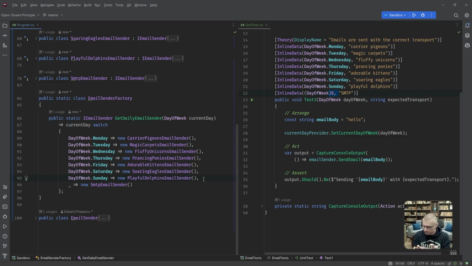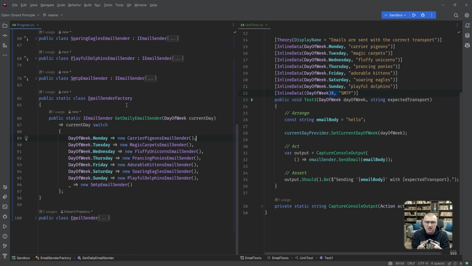So as long as the criteria for determining which email sender to send with, okay, remains like this simple and trivial, like the day of the week, you can imagine we can take this outside of the code, put it in some sort of configuration file, JSON or whatever, declare in there, if Monday, then this type of instance, and using the activator, right, the activator capability in C#, okay, we'll create at runtime dynamically an instance of that particular type and just run with it.